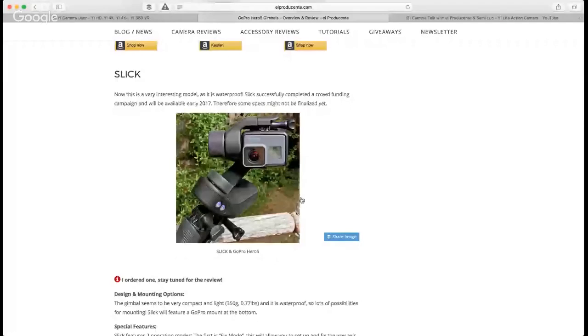This is a slick gimbal. They introduced it like 2 years ago. It was, or it still is, a Kickstarter campaign. I just got the notification that they're going to ship it very soon, so I'm looking forward to that. As you can see here, it fits the GoPro Hero 5 Black with the frame mount. But I don't think that it's wide enough to accommodate a YI camera